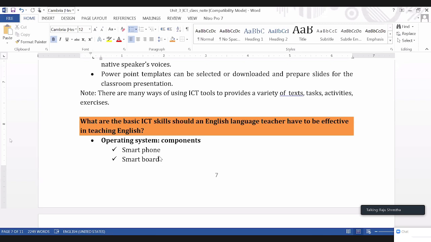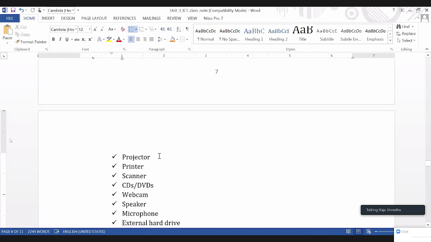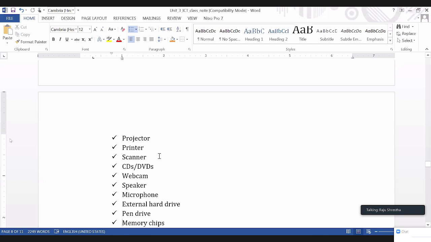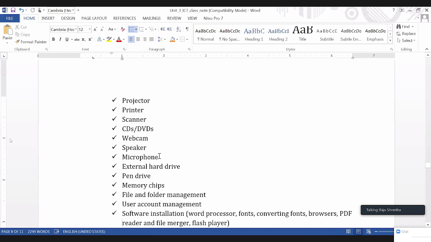So what are the basic ICT skills? Of ICT skills हेरौँ त. So teachers should have the skills of operating system components like knowledge and skill about smartphone, smart board, projector, printer, scanner, CDs, DVDs, webcam, speaker, microphone, external hard drive, also pen drive, memory clips, file and folder management, user account management, software installation like word processor हामीले install गर्नुपर्छ, fonts, different fonts, Nepali font name, English fonts we have to install, converting fonts from Preeti to Unicode, Unicode to Preeti, English font, different browsers, PDF reader,